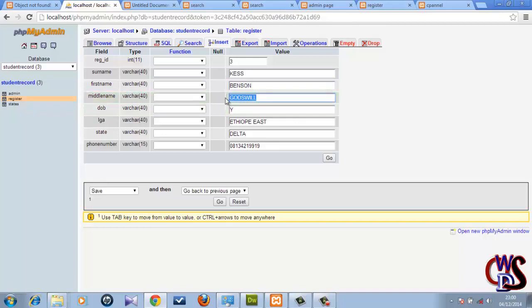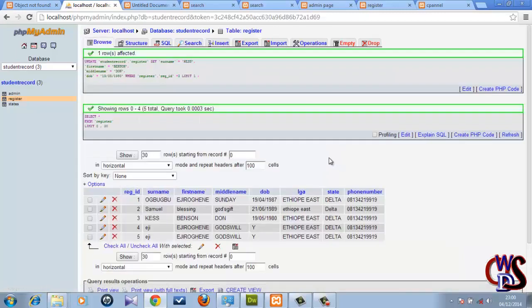Then instead of Gauss wheel, I'll call it maybe done. Date of birth, can use anything. All we need to do is just to edit it later on, but the most important part right now is that